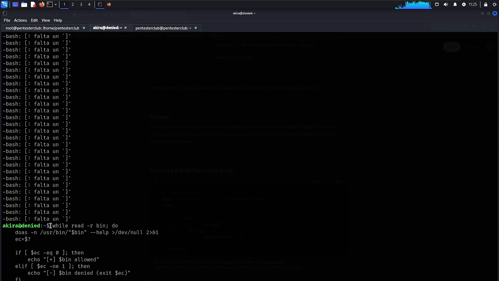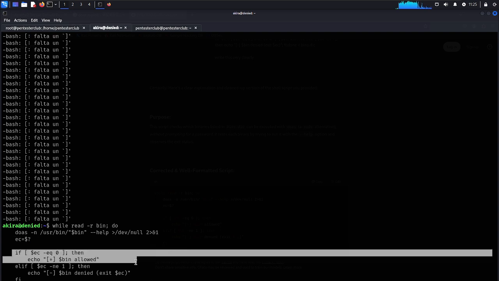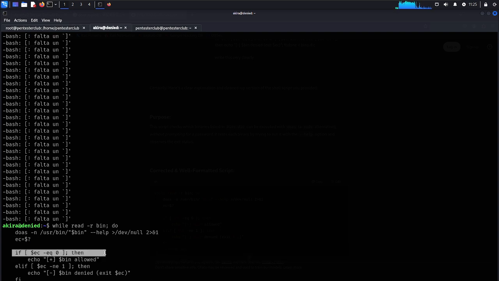You can see here, while read -r bin, doas -u root /usr/bin/$bin --help > /dev/null 2>&1, echo ec equal to, if $ec -eq 0, then echo $bin is allowed. Else, if it is anyone, then echo $bin is denied, and exit with $ec. Now I have got here tune is allowed. Now